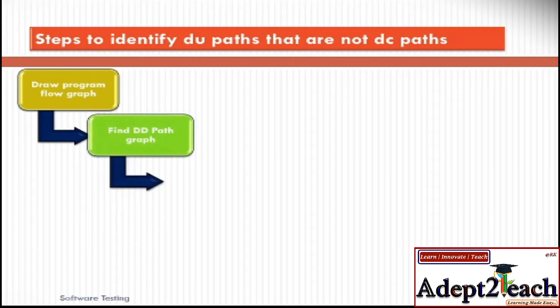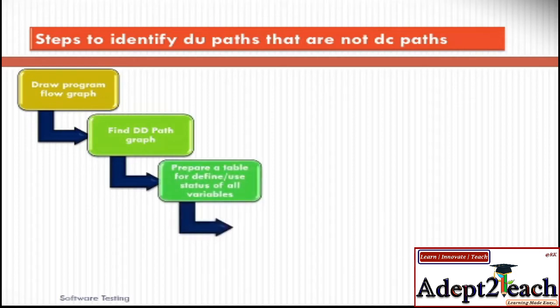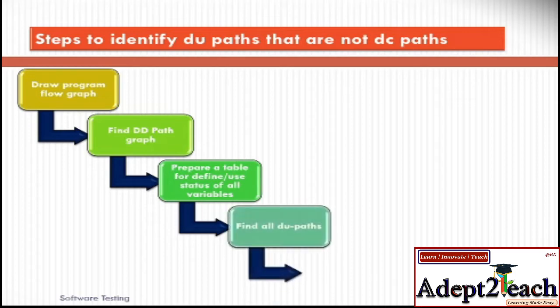Then we have to convert the control flow graph into the DD path graph, wherein we will condense the entire graph and we will focus on the decision nodes, that means decision to decision paths. After that, we will prepare a table comprising all the nodes where a variable is defined and all the nodes where the variables are used. Then we will find all the paths between define nodes and usage nodes.